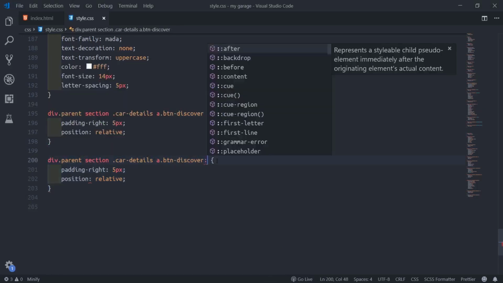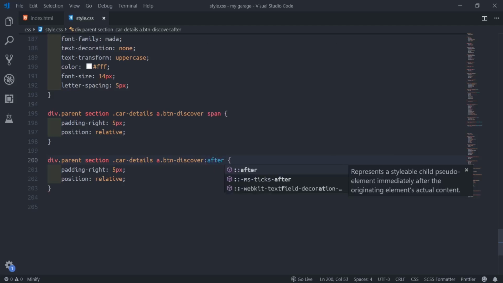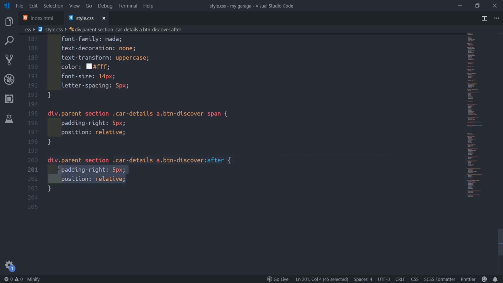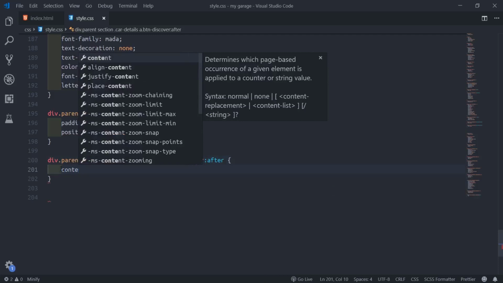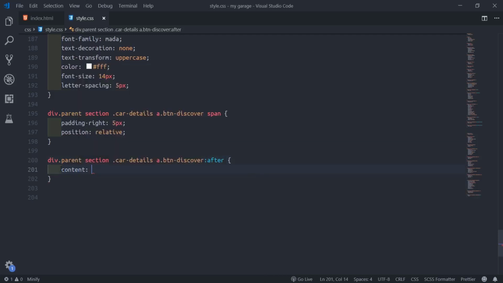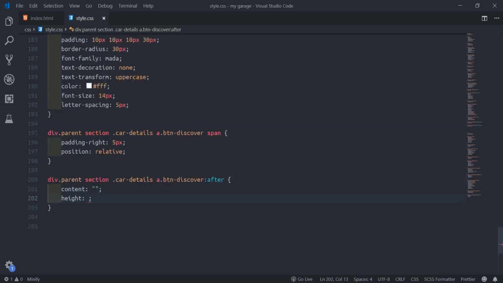I'll just say after. So content will be empty with the double quotes. Then height could be 30 pixels. We'll give them border radius. Height could be 30 pixels, based on if you see this place now.